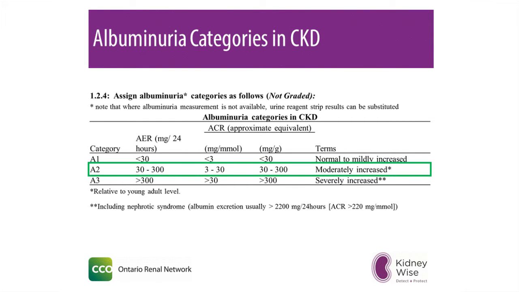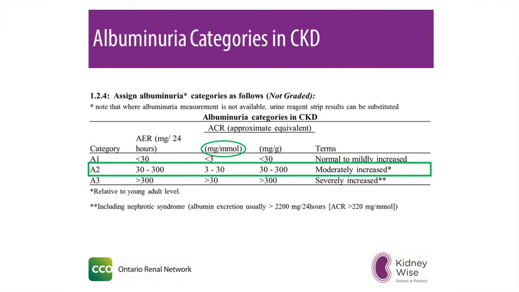It is also important to know that on this slide, there are 3 different values for albuminuria. One is a value based on a 24-hour urine collection, and the other 2 have different units. One is defined as milligrams per millimole, and the other is defined as milligrams per gram. For the purposes of primary care practice, it is most important to emphasize that the test you should order to diagnose chronic kidney disease is a urine ACR, or albumin to creatinine ratio, which is the middle unit shown here